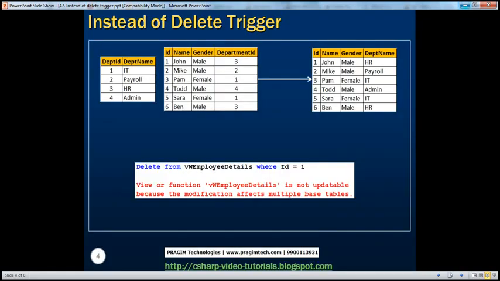Now we know that in general, instead of triggers are extremely useful whenever you have a view that's based on multiple tables, and you want to either insert data into or update that particular view. Along the same lines, instead of delete trigger is also used to delete a row from a view that's based